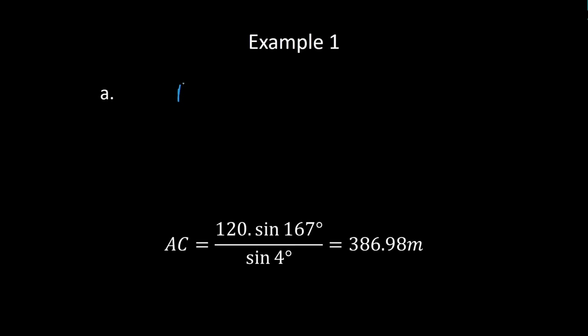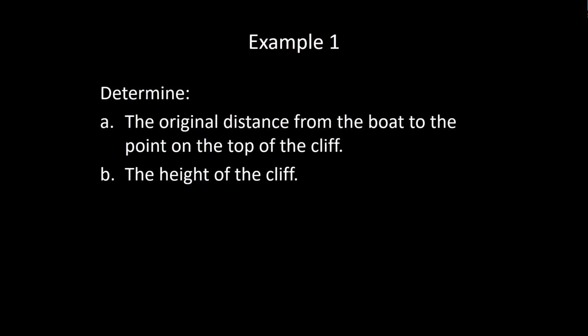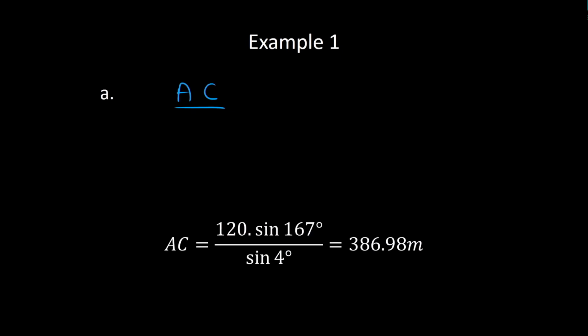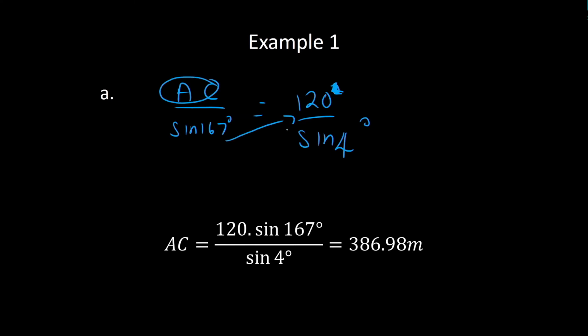We're going to say AC over sine of angle B1, which is sine of 167 degrees using angles on a straight line, is equal to 120 over sine of... it's not 120 degrees, sorry, it's 120 meters over sine of 4 degrees. Okay, once we've got our equation for the sine formula set up, we can find AC by simply cross multiplying,